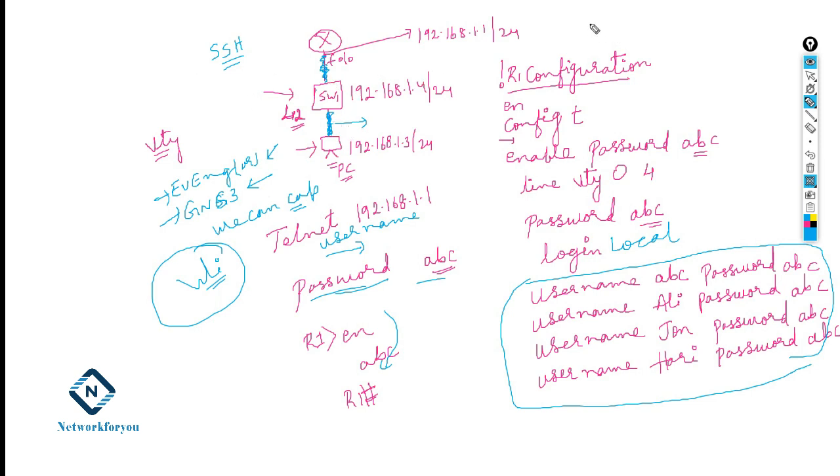Okay, so this is a Telnet configuration. Telnet is used to access the device remotely. How can we define Telnet? We can say Telnet is an application protocol which is used to access the device remotely through CLI. We can access the CLI of this router remotely. But you need to remember, by default it is not configured in a Cisco router and Cisco switch. You need to configure it, then only you can access. Okay. So now what we will do, we will use the EVE